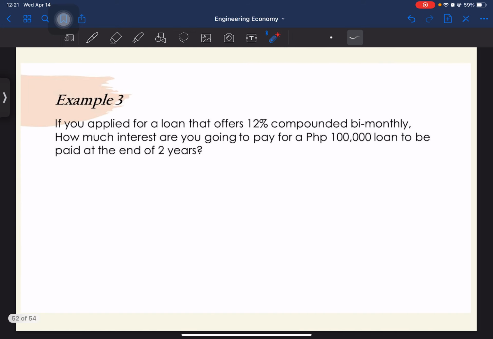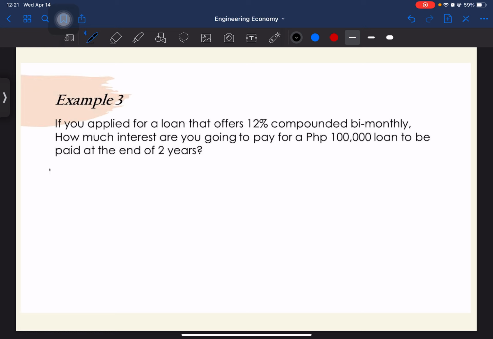Okay? So, if you applied for a loan that offers 12% compounded bi-monthly, how much interest are you going to pay for a 100,000 loan to be paid at the end of 2 years? Gano'ng kalaking tubo yung babayaran mo? Okay? Of course, you're going to return the capital 100,000 plus interest on top of that loan. Okay? So,